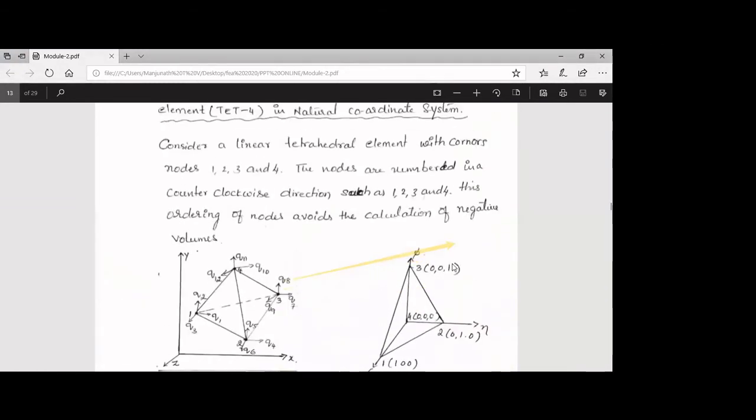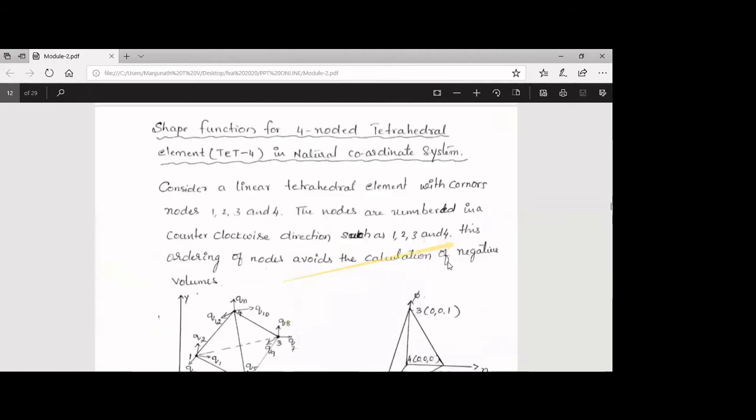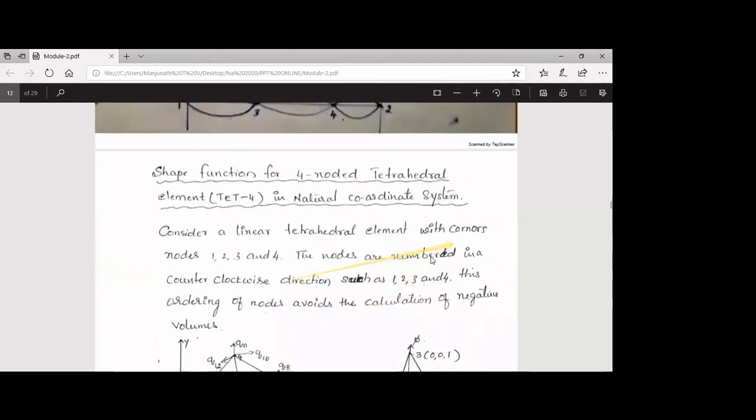it is shape functions for element. సైజు తక్కువ